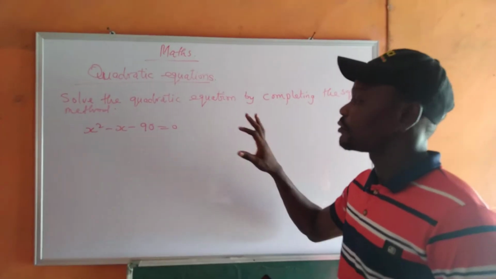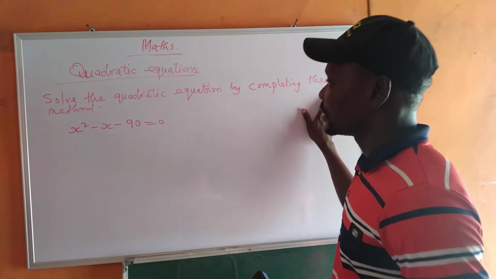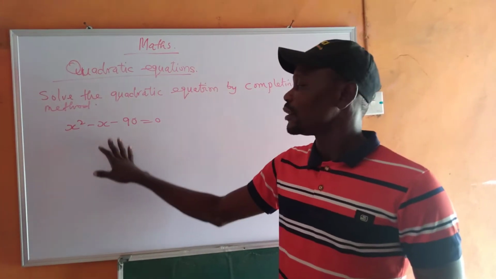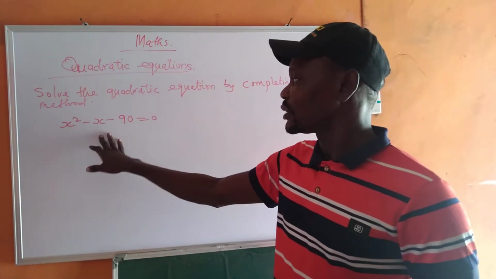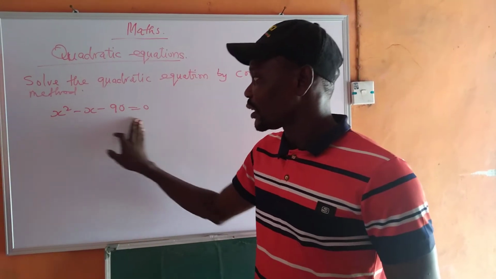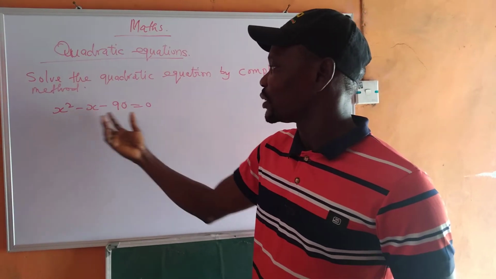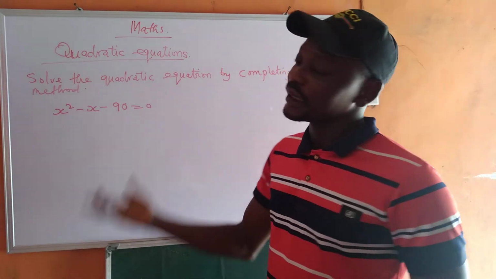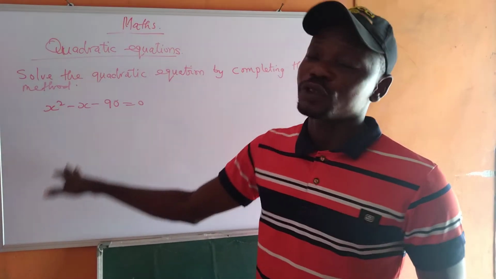Now we are going to solve this quadratic equation using the completing the square method. We can as well use the factorization method to solve something like this. Both methods can still be used to solve this kind of quadratic equation, because we can factorize these numbers. Looking at it now, we can factorize 90. The factors of 90 are 9 and 10. In that aspect we can use the factorization method to solve this